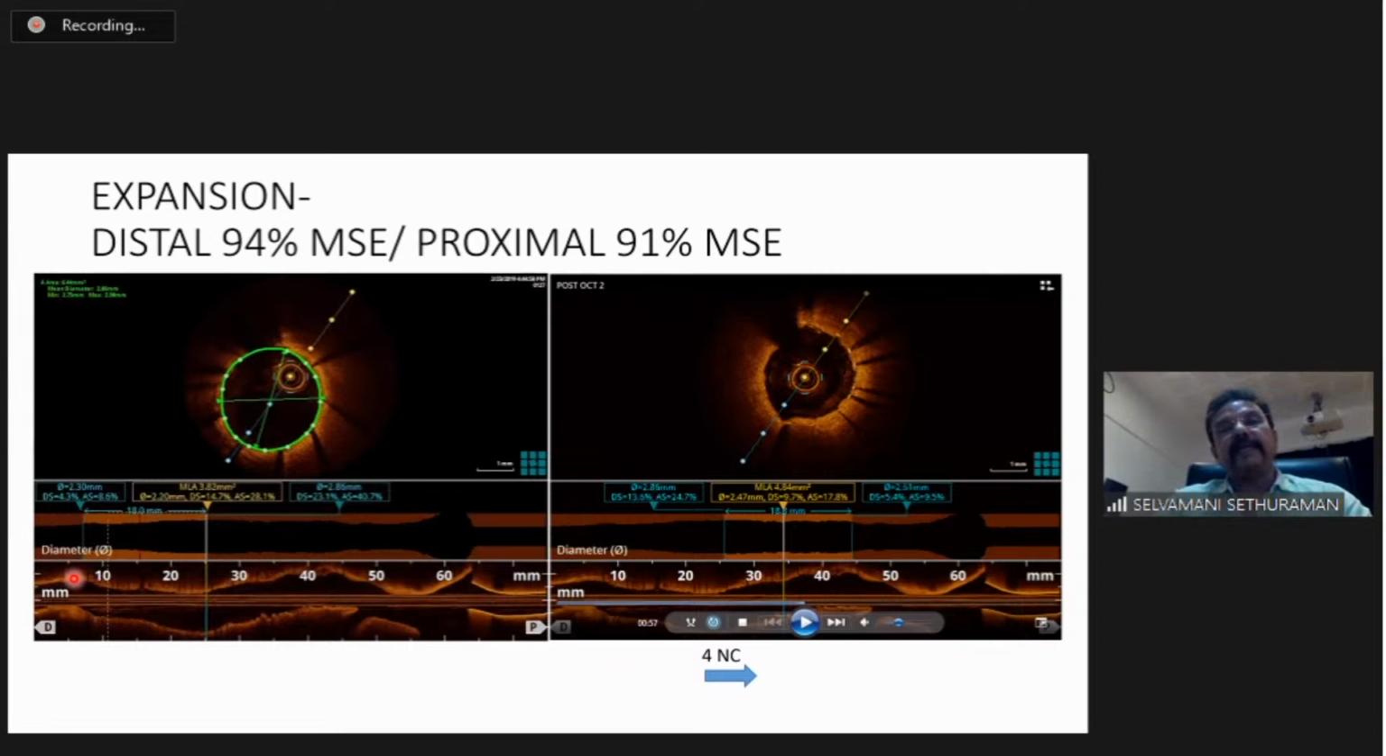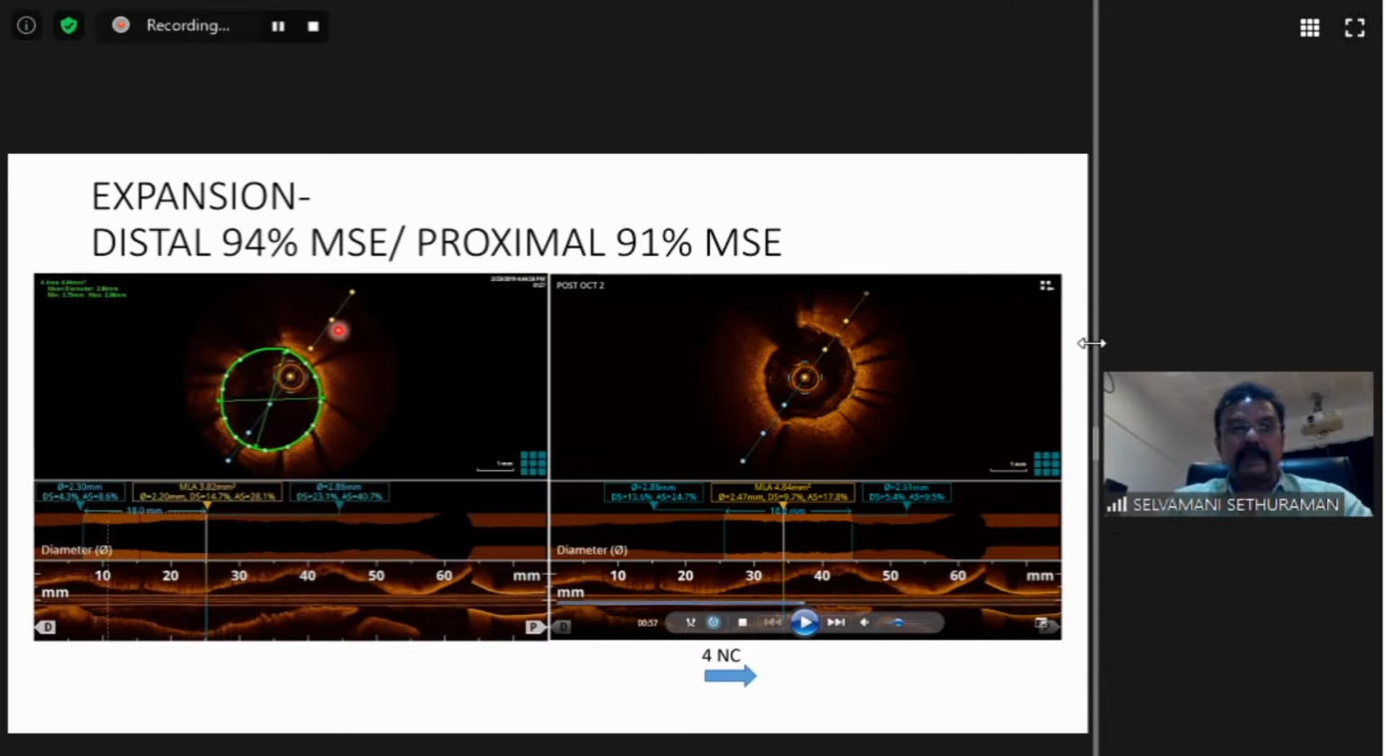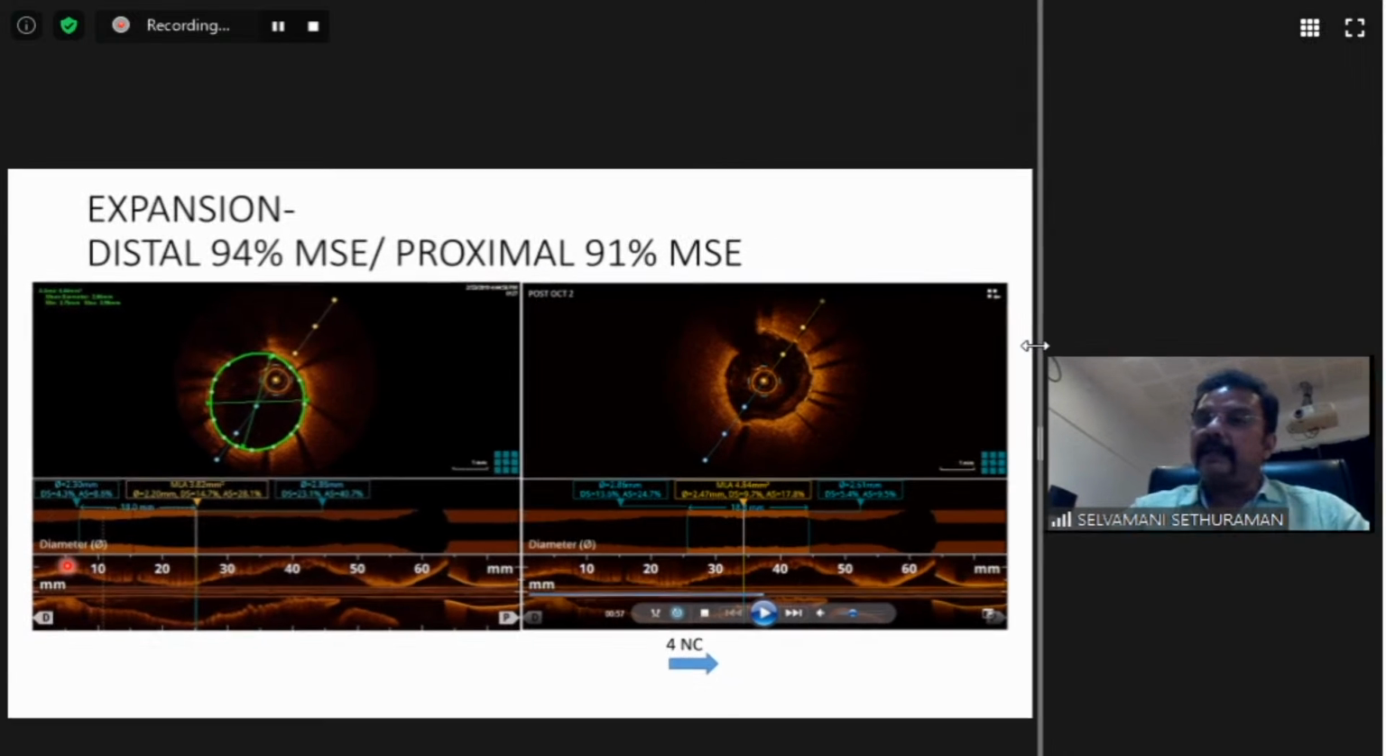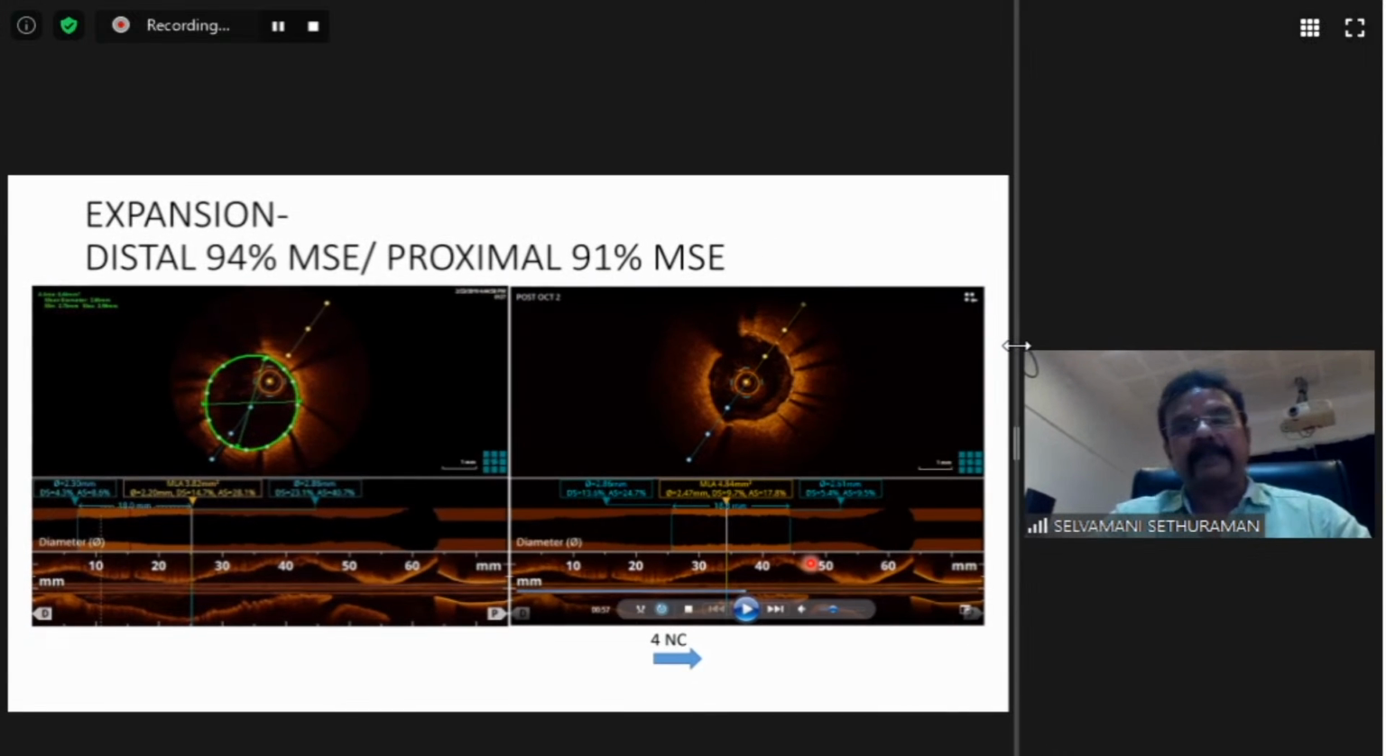Compared to the reference area. So here, the distal segment, we have got an expansion of 94% compared to the distal reference area. And here in the proximal segment also almost 90%. So if at least 80% is there, that means it is a good stent expansion, and your minimal stented area